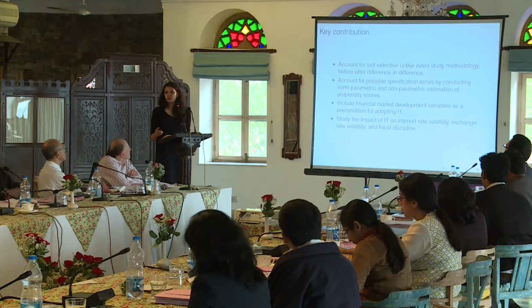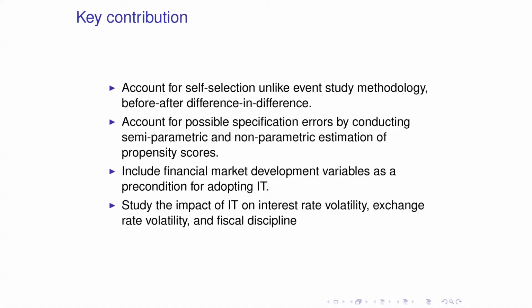The key contribution of the paper is that they account for self-selection, unlike some of the earlier papers and earlier literature which used plain event study methodology or before-after difference in difference regressions to study this question. So this is an improvement. They also account for possible specification errors by conducting semi-parametric and non-parametric estimation of propensity scores. But I would like to add that slight modifications in the estimation, if it changes, it shouldn't change a robust